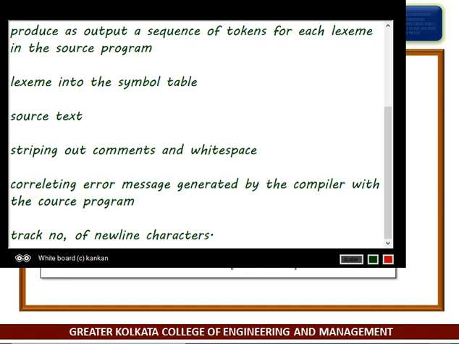In some compilers, the lexical analyzer makes a copy of the source program with the error messages inserted at the appropriate positions.